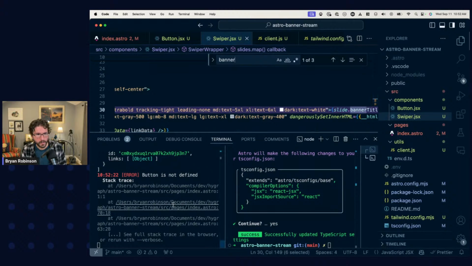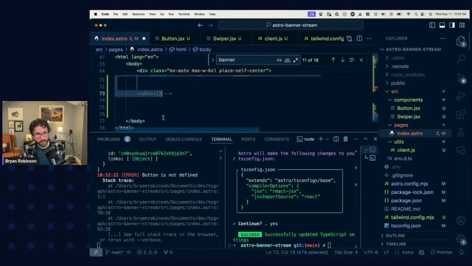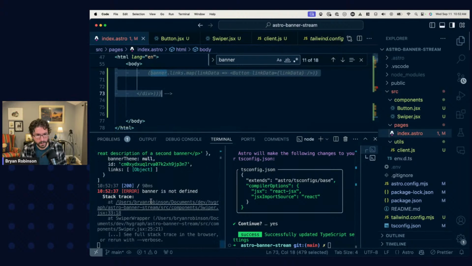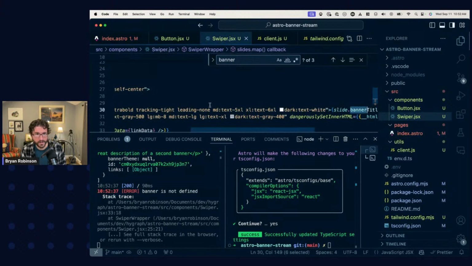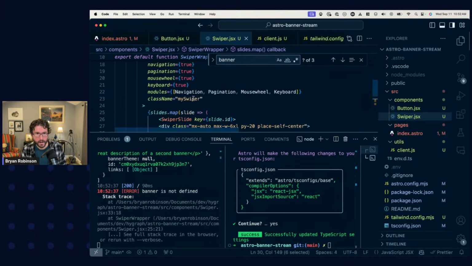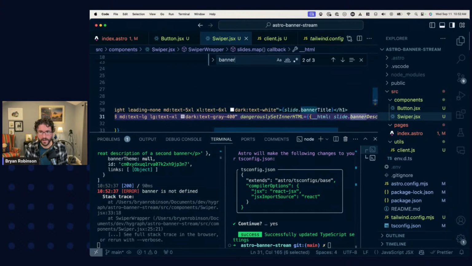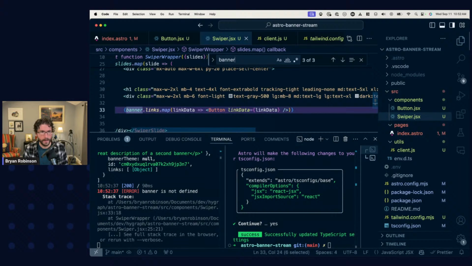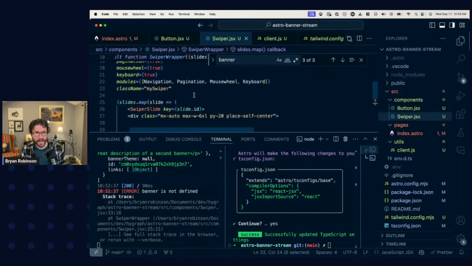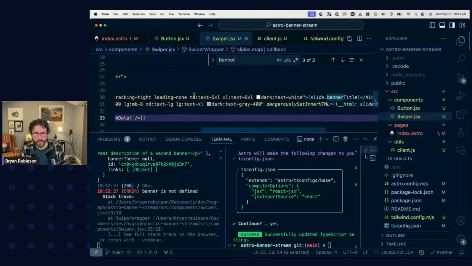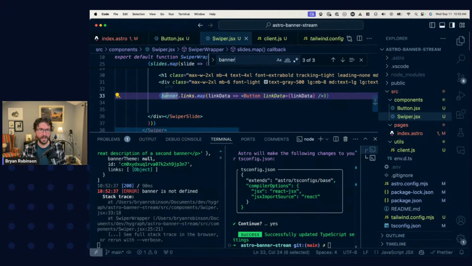No. Button is not defined now. That's because it's breaking. All right. Let's get rid of that. Why is banner not defined? It's in swiper.jsx, but we just looked at swiper.jsx. Where are we expecting to see banner? Banner title, banner description. So why is that the case? Oh, because banner.links. All right, so it's